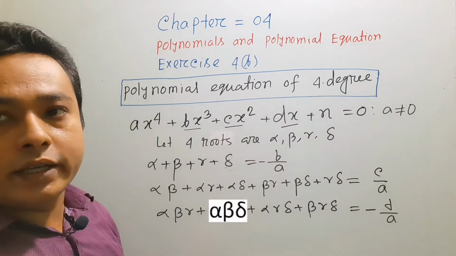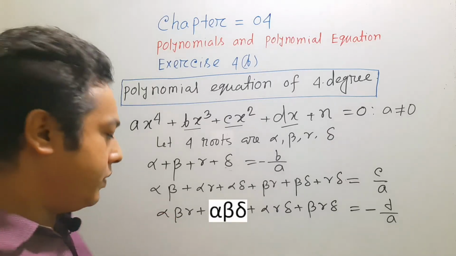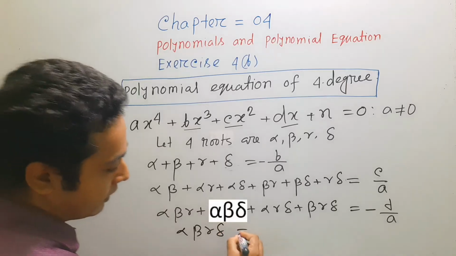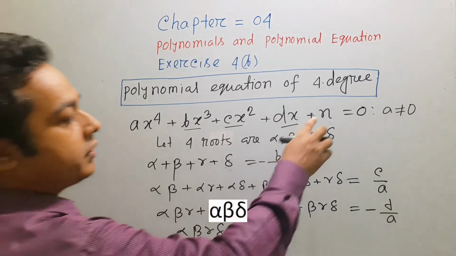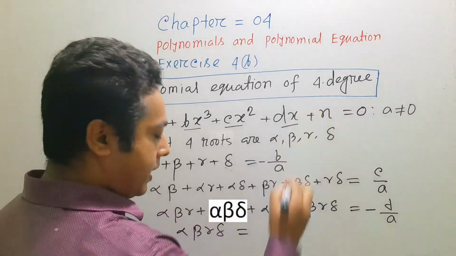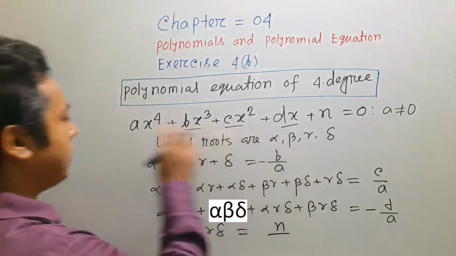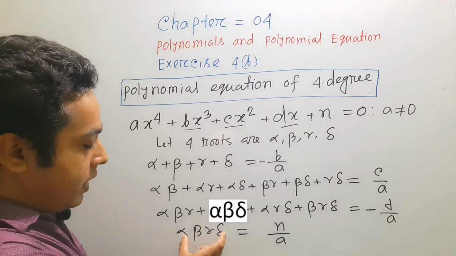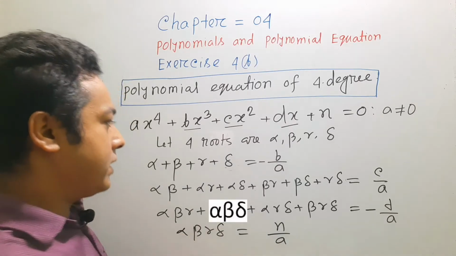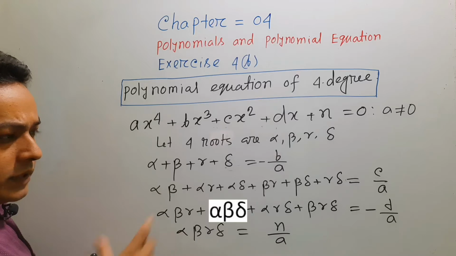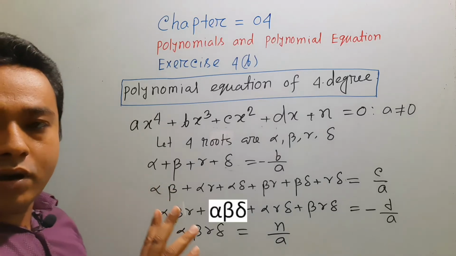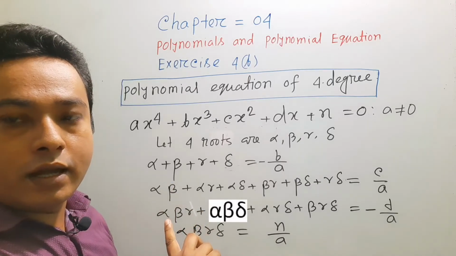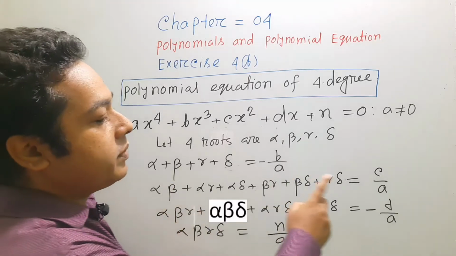Now taking 4 roots, the combination will be 1, which is alpha, beta, gamma and delta, and the remaining term, the last term is n and the first term is a. But what will be the sign? Taking roots is even, so it will be plus. One technique is, if the number of roots taken is odd, then it will be minus. If the number of roots taken is even, then it will be plus.